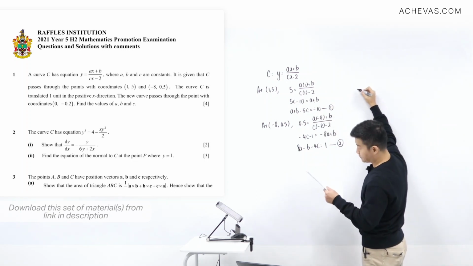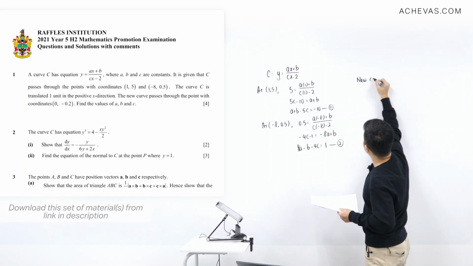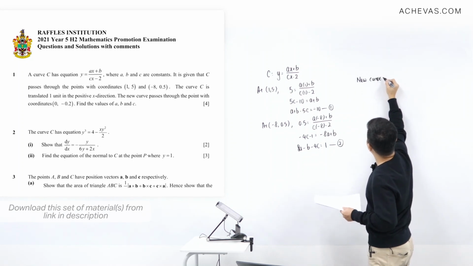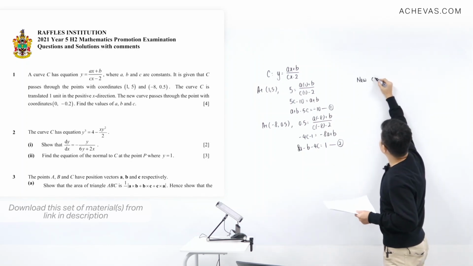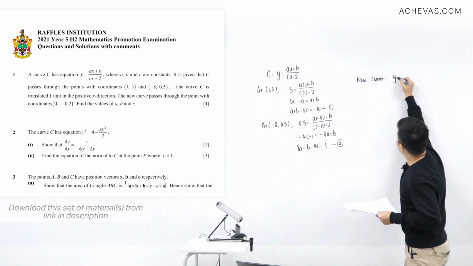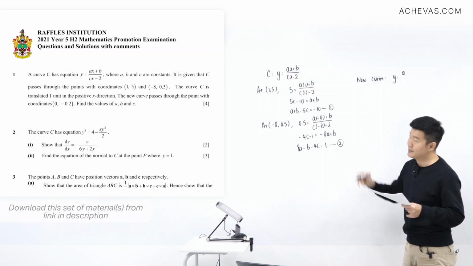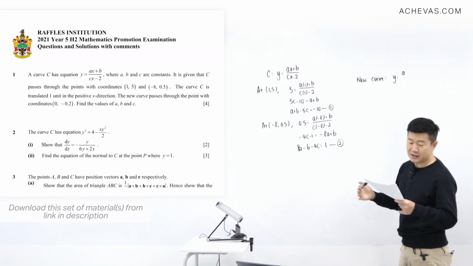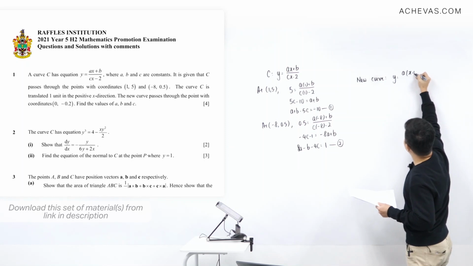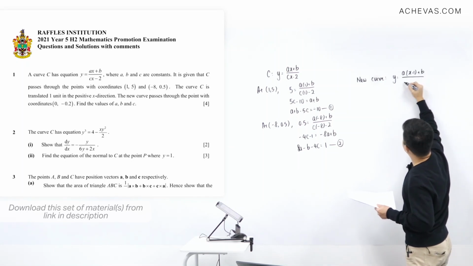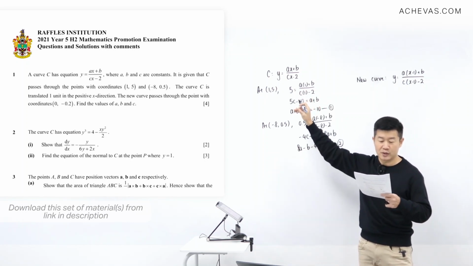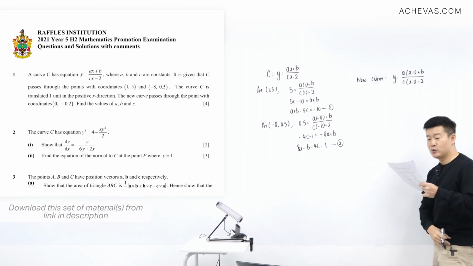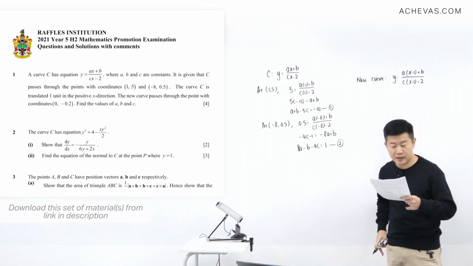So with the transformation, let me write down the equation of the new curve. The new curve will be y is equal to a times (x minus 1) plus b, divided by c times (x minus 1) minus 2, where I am replacing all the x that I can see there by x minus 1. This will make sure that this new curve is a translated version of the original by 1 unit in the positive x direction. And this new curve is going to be passing through a new coordinate,